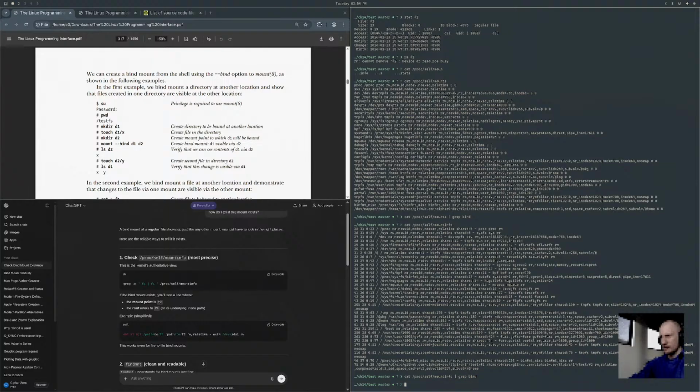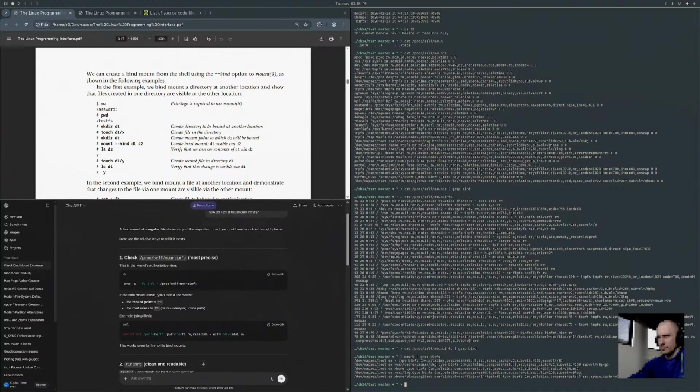Grep bind, no. It's under here. Shared. Btrfs. Yeah, it shows up there.